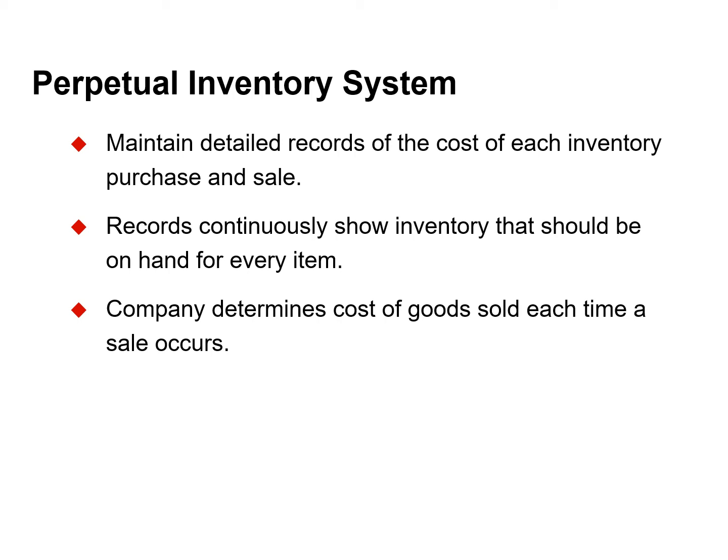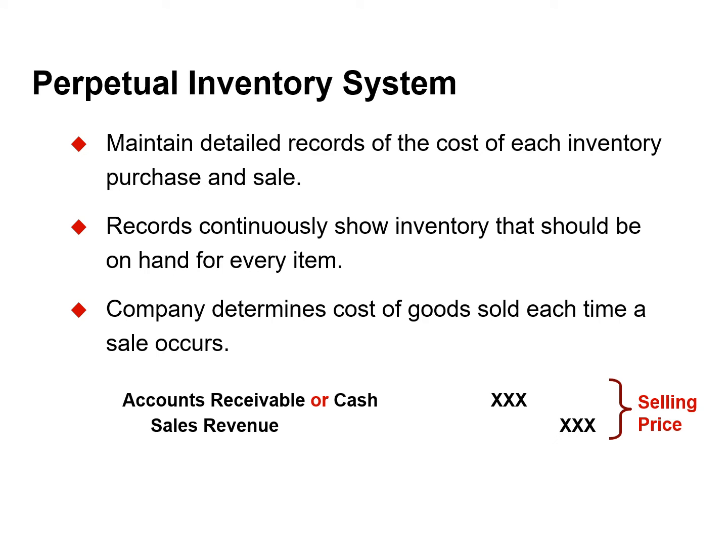The seller makes 2 entries for each sale. The first entry records the sale. The seller increases or debits cash, or possibly accounts receivable if it's a credit sale, and also increases or credits sales revenue. The second entry records the cost of the merchandise sold. The seller increases or debits cost of goods sold and also decreases or credits inventory for the cost of those goods. As a result, the inventory account will show at all times the amount of inventory that should be on